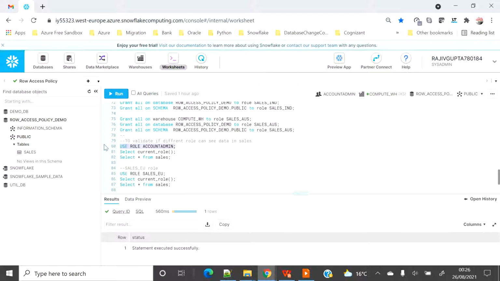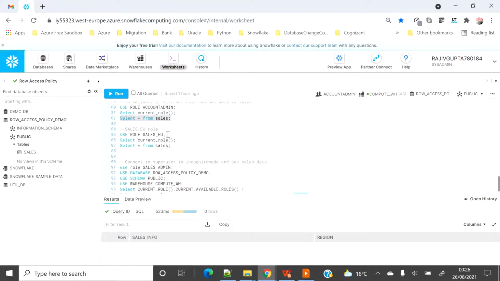Everything is done. I am currently on the role account admin, and this is what I'm getting as an account admin on the current role. Like previously we have seen that even if we are the owner, we will not be able to see any data. This is also true over here. You can't see the data even though you are the owner of the table. You only inserted everything and everything resides in account admin. But due to the row access policy setup or the access control which you have implemented for all the data, you are not the right candidate to see the data. So that's the reason you are not able to see anything on the sales data.